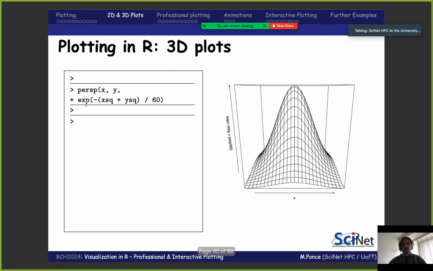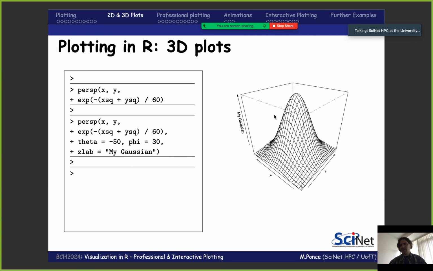So there is a function called persp, perspective, that basically takes exactly the same arguments from the filled contour one: X and Y. So remember, X and Y are filled as vectors in a matricial form because they're representing our grid. So for each X I have to have m values of Y. That's why we did that. And this is the exponential, the Gaussian again. Okay, and this is kind of a mesh representation of that, or sometimes called wireframe, and you can rotate that.